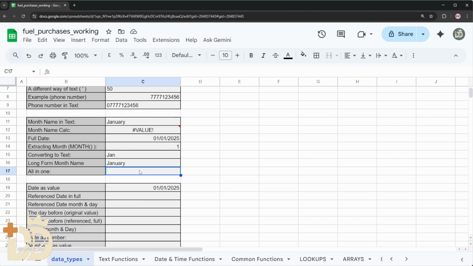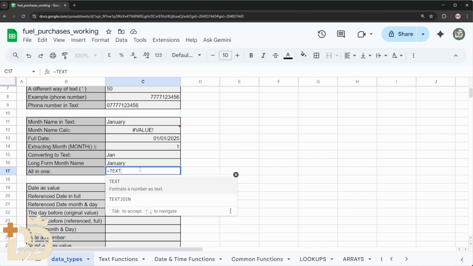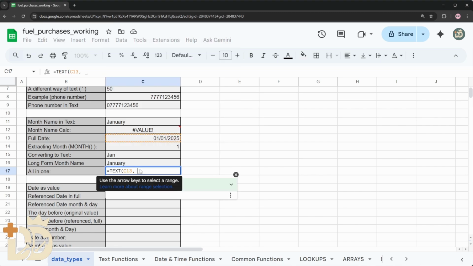You can actually go into a lot of detail, and again, I'm sounding like a stuck record, but there is going to be a future video going into this in a lot more detail. But let's just say that I want to grab different elements of that date. So I could do the same thing. Let's go text. My number is going to be C13, which I've typed in this time rather than click on it. And then inside my